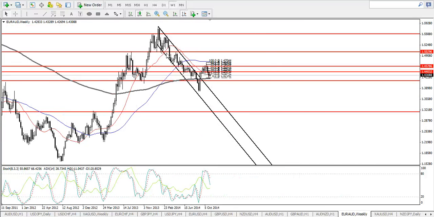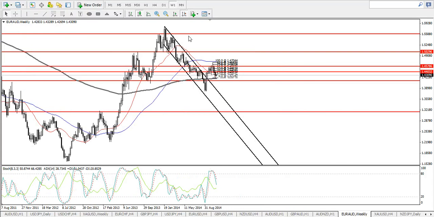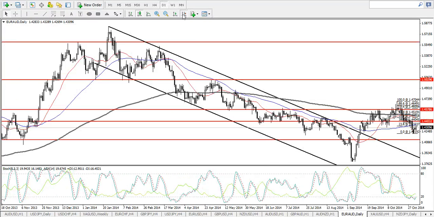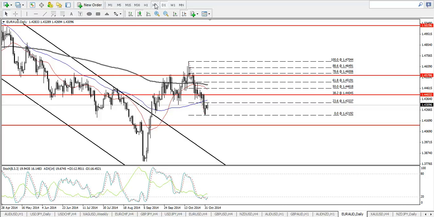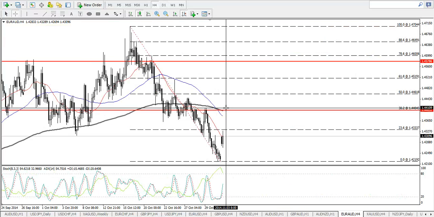Yep, so that's pretty much about it. We will just have to wait for price to retrace back to this level, and we shall look for a short